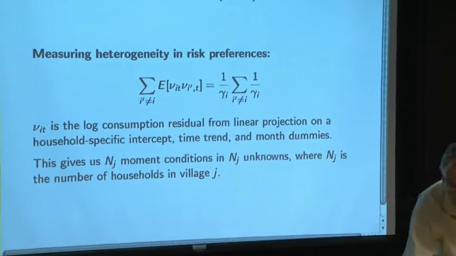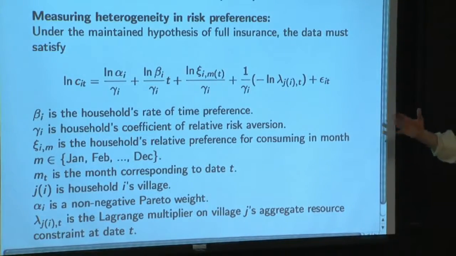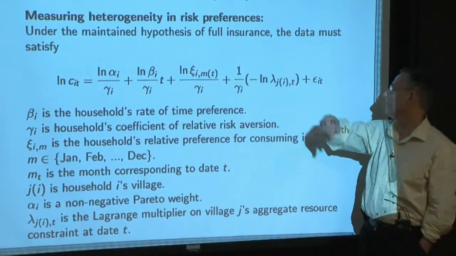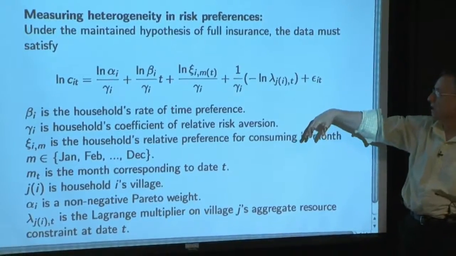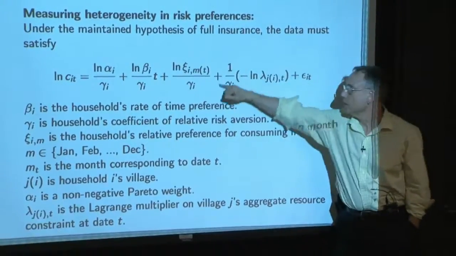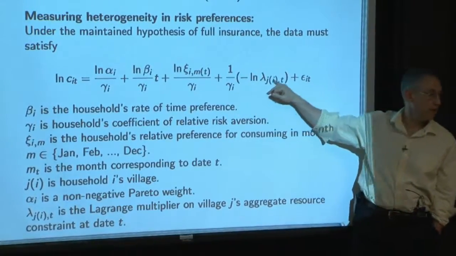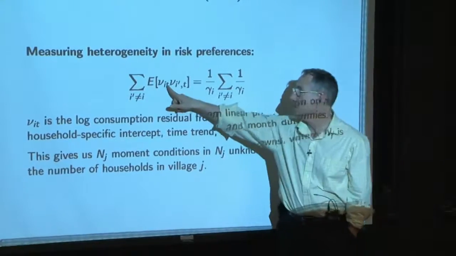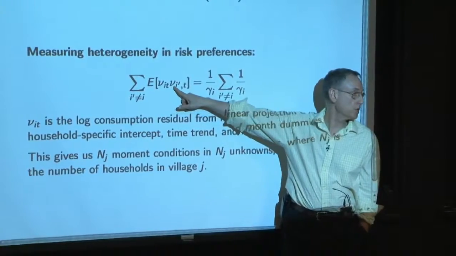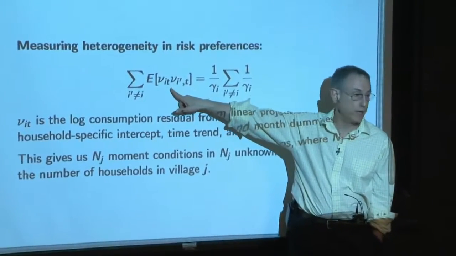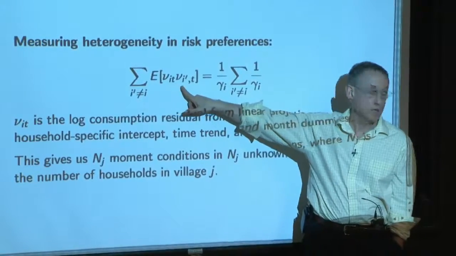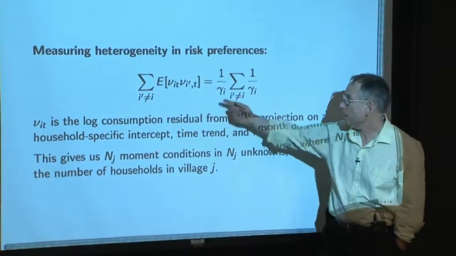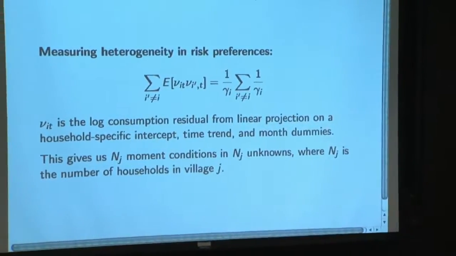So basically, almost what we're doing is taking consumption, regressing it against trends and monthly effects and household fixed effects, and getting a residual. The residual is capturing all of this, call it V or eta, and then we see what the correlation is between a household I's residual, which is the stand-in for that aggregate that's moving consumption, and any other household I prime's. So this is like a moment, basically. And we can use method of moments